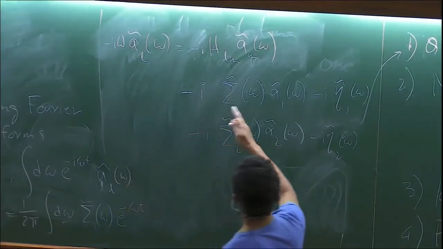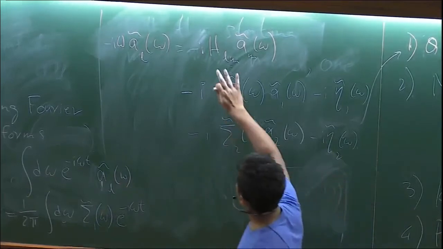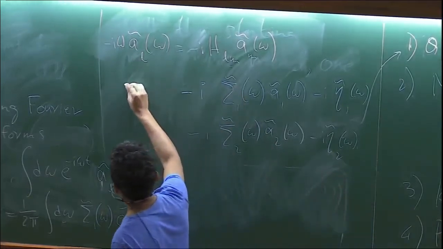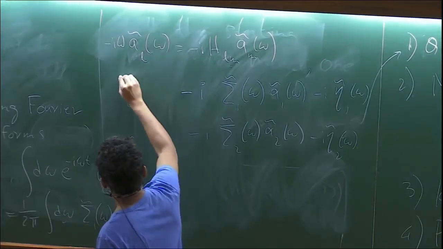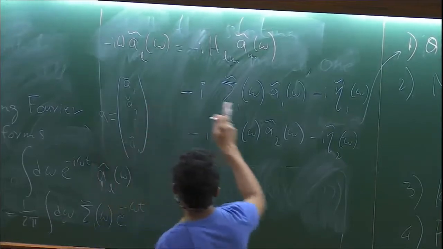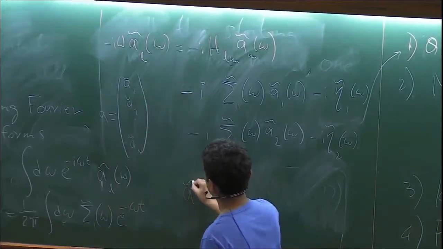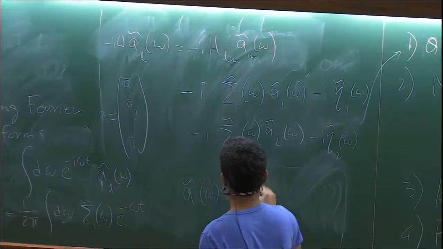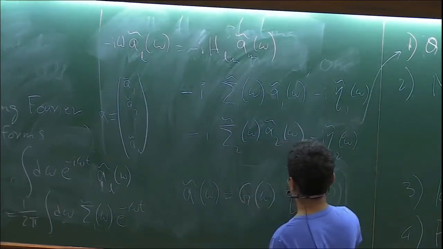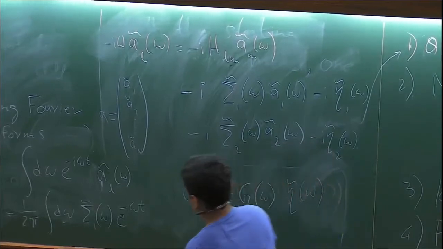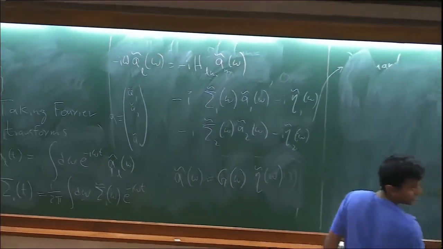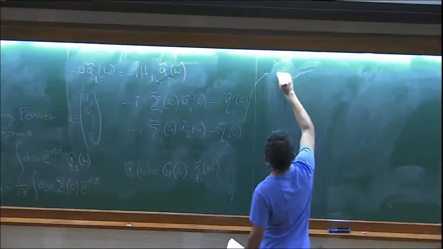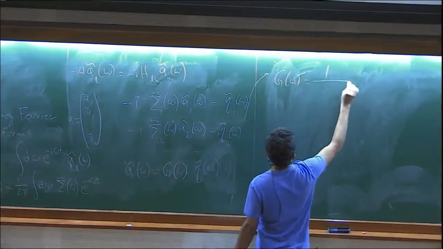Okay, so now it's a simple linear equation, and so if I think of A as a vector of A1, A2, in general, if I have n sites A, n, twiddle, and this I call A, then the solution of this equation is given by A tilde omega is equal to some G omega, where G omega is equal to 1 by